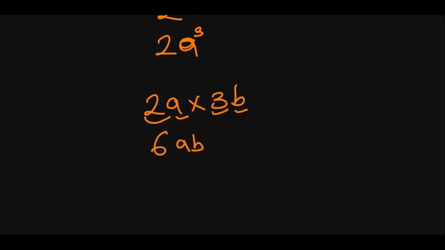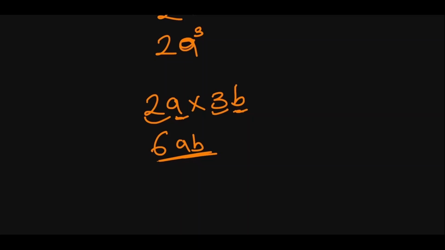Now you'll be wondering why, if a times b is ab, why is a times a not aa? Because you cannot repeat letters in algebra. Instead of repeating letters, put it as a superscript. So that's why it doesn't work that way. So you can multiply unlike terms. The summary of what we are saying so far is that when it comes to multiplication, every variable that you are multiplying must be represented in the answer. That's simply what it means, compared to addition and subtraction where you pick just one variable. In multiplication, every variable must appear.